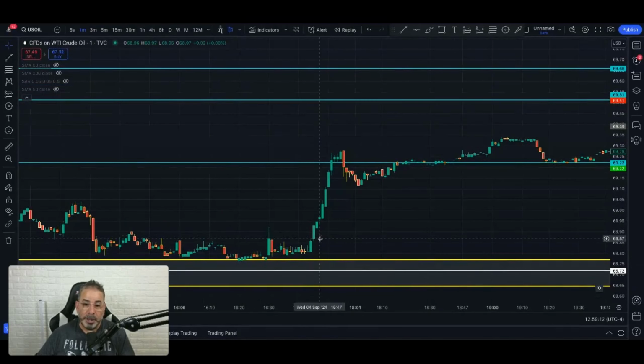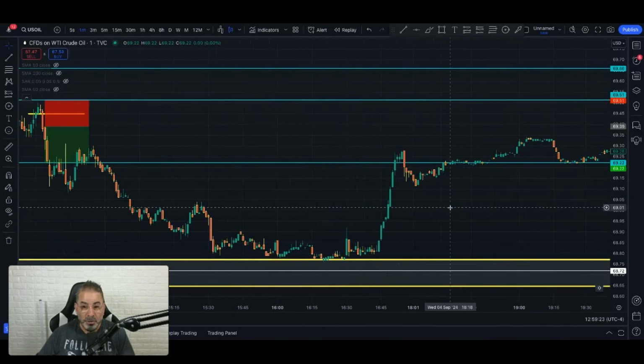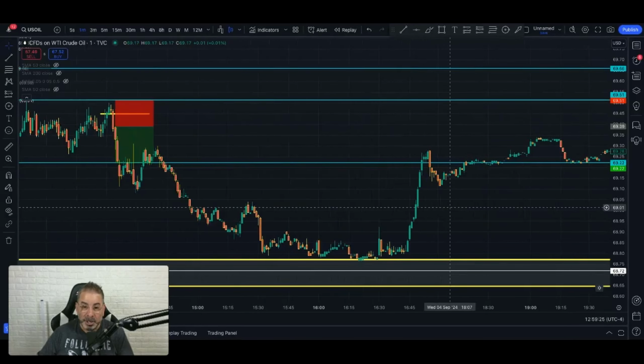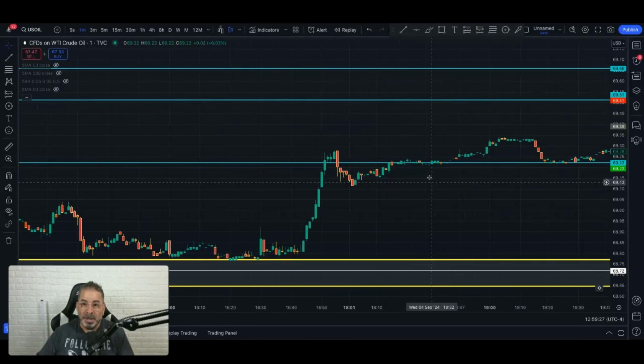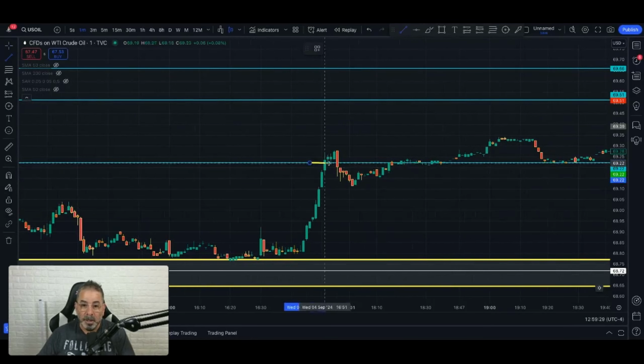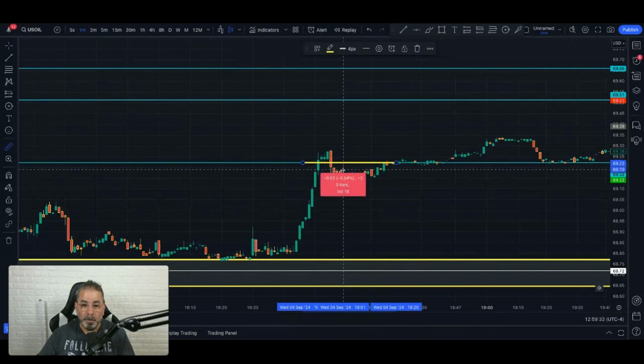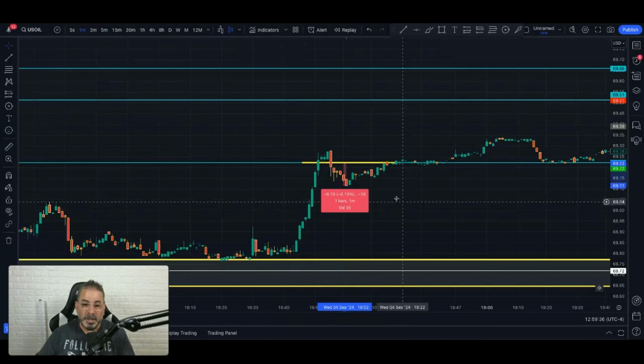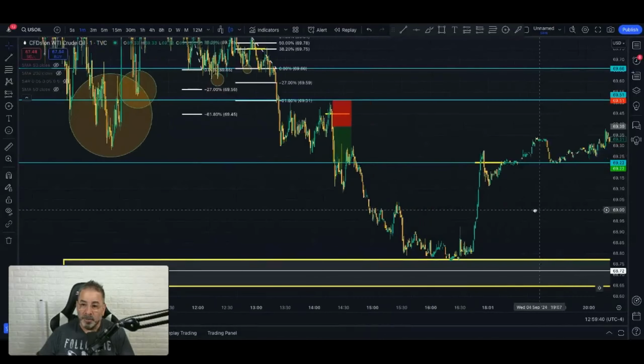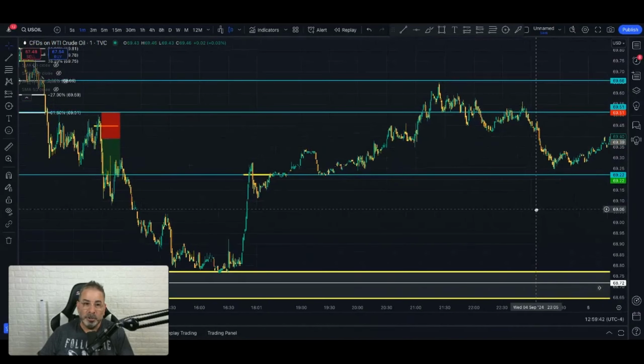So you see green, green, green, green, green. Okay, you see, we just broke above one of our levels, right? That should tell you maybe price is going to go higher. It's on a 15-minute. But even if you screwed up and you say, let me wait for the close below the level, even if you screwed up, you caught 10. Maybe you got out here. You would definitely have to get back out here.